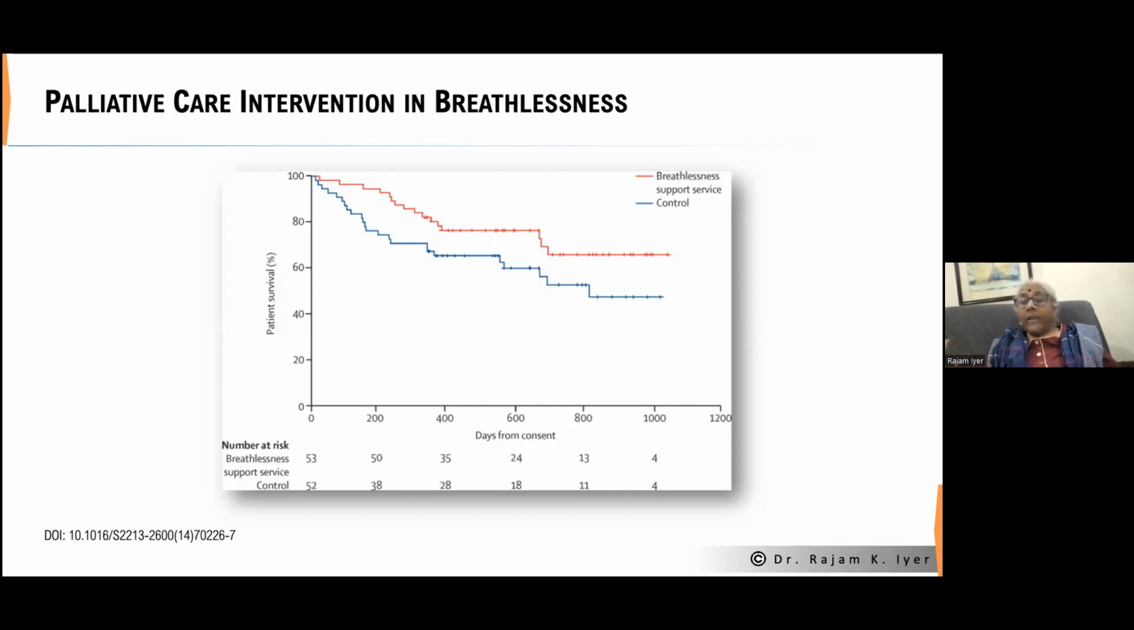Yes, the end of palliative care is death. We cannot change the outcome, but we make a difference to the patient's life by taking a holistic approach. Talk of breathlessness, talk of how it impacts his life, his family, his social status, his psychological status, and therefore